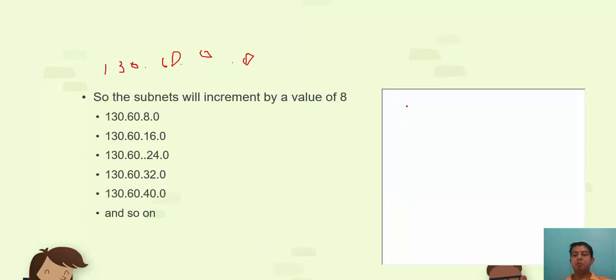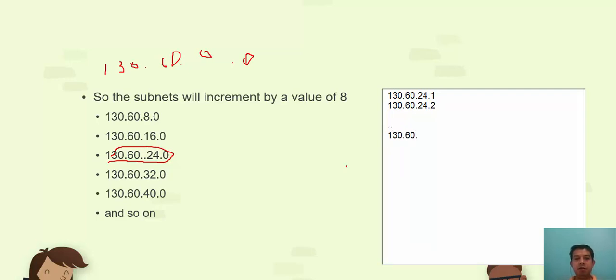Then we have to find the IP addresses of these different subnets. This we have already done. This you do yourself. Say for this example, let's take 130.60.24.0. What is the first IP address of the first host? What are the valid hosts? The valid host would be 130.60.24.1. It starts from 130.60.24.1. The next will be 130.60.24.2, and it will go on up till